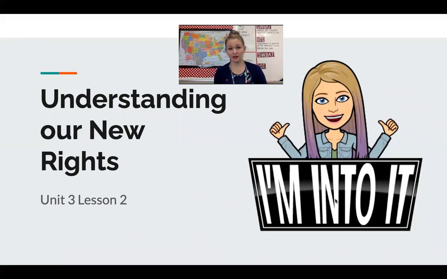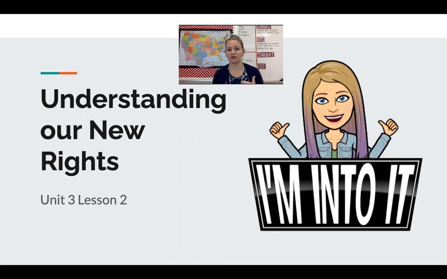So remember, Unit 3 is all about making sure we're understanding the foundations in the early days of our government under the new US Constitution. Last week, when we started Unit 3, we talked about the rights given to us in the Bill of Rights and how federalism set up a system in which the states were going to have some power and the federal government was going to have some power. And then sometimes they were going to share things. So we're just doing a little bit of foundational work here.